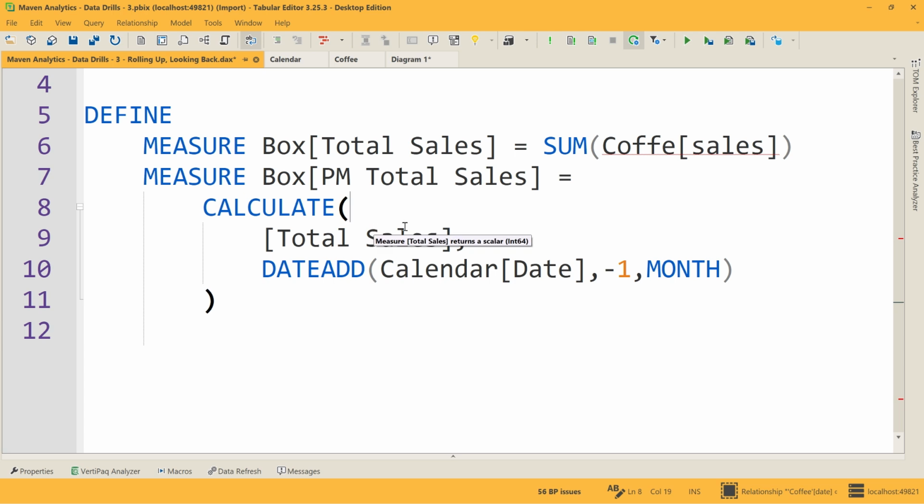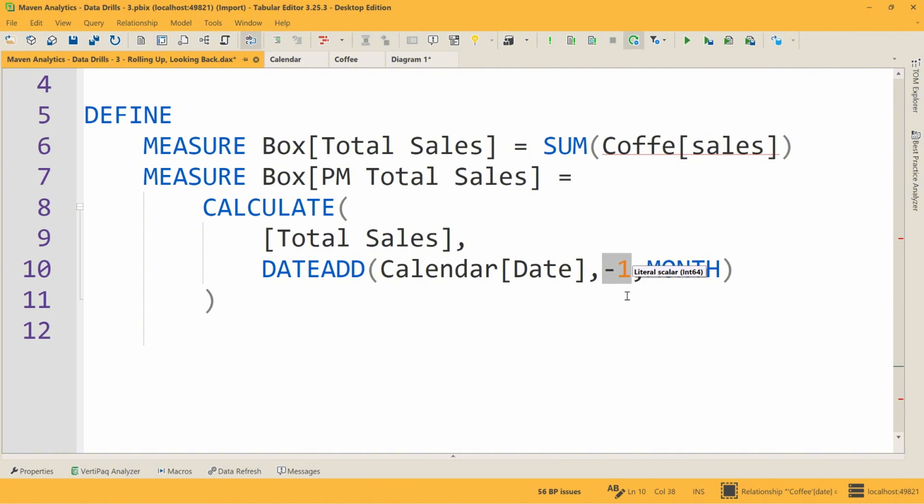The expression is the sum of the sales, but we're going to add a filter expression here as the second argument, and it's basically the DATEADD function, a time intelligence function. We're going to use the DATEADD function, whereby the first parameter we're passing in is the date table, and then the second one